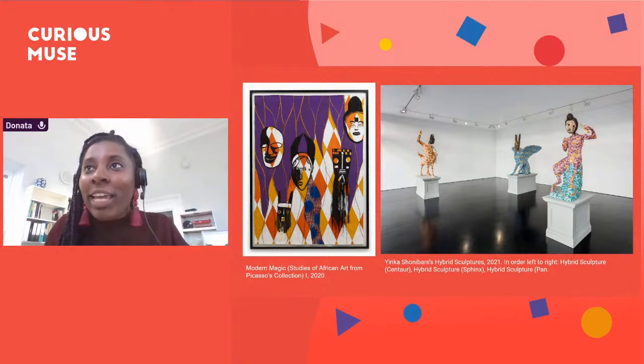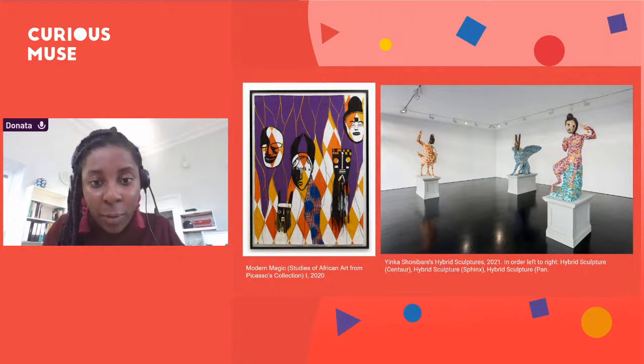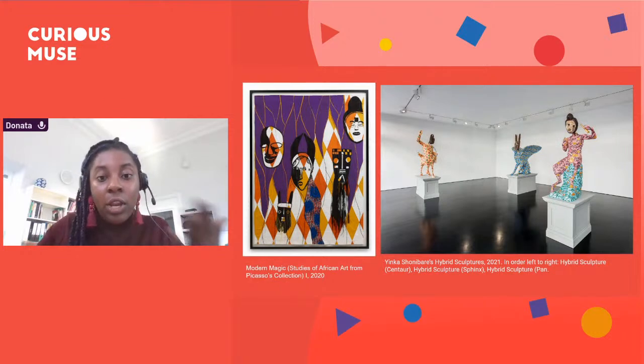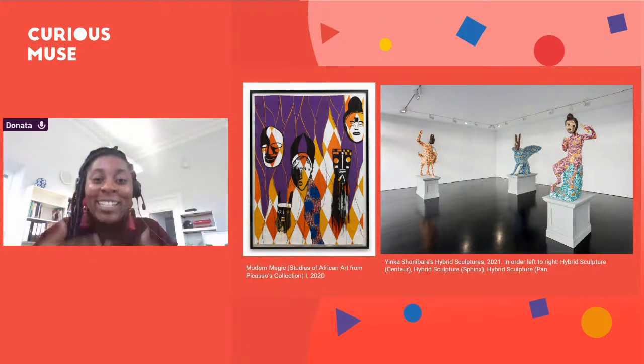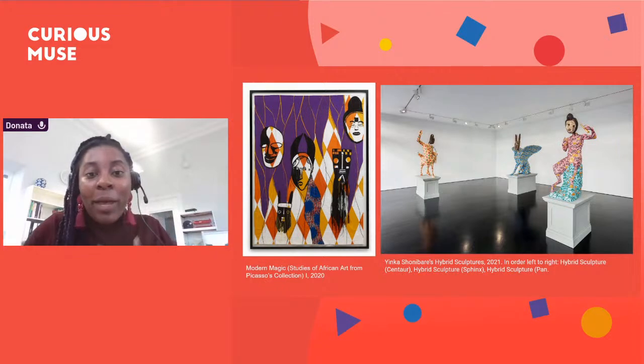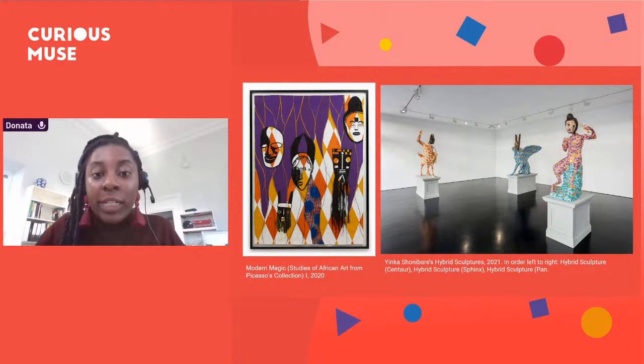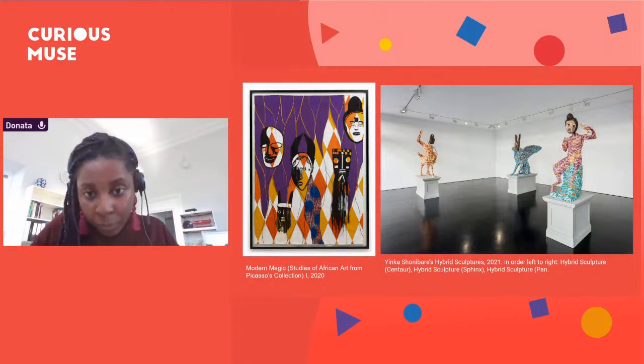So we're moving into this kind of contemporary response to the historical now, because it's all well and good looking at Picasso and it's all well and good looking at Modigliani. But I think it's really interesting also to problematize those artists, and one way of problematizing them is often using contemporary artists to look at their work, and comment on their work and give us different viewpoints from which to see Picasso and other artists through.